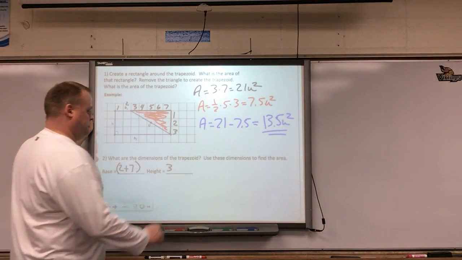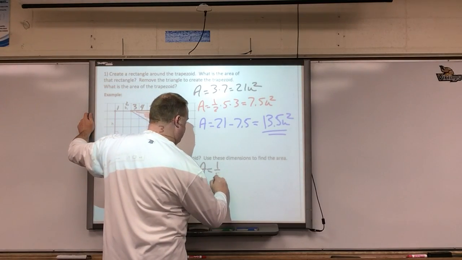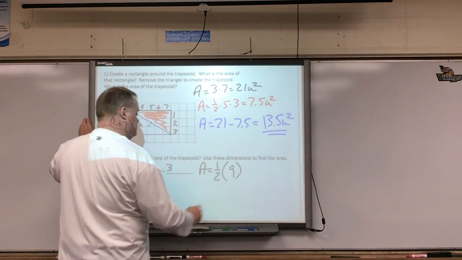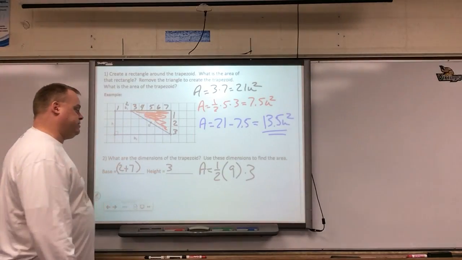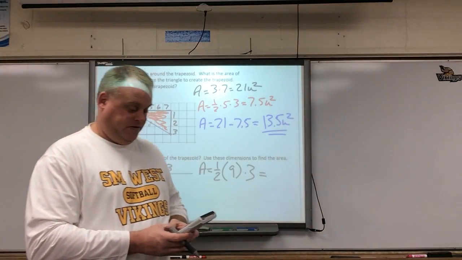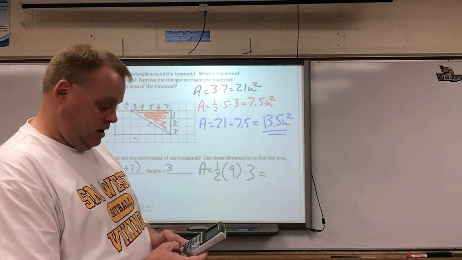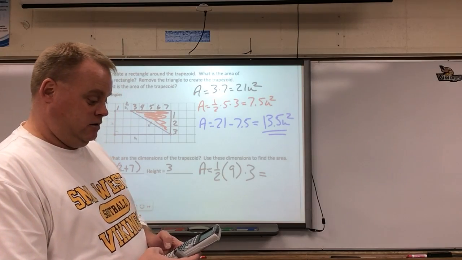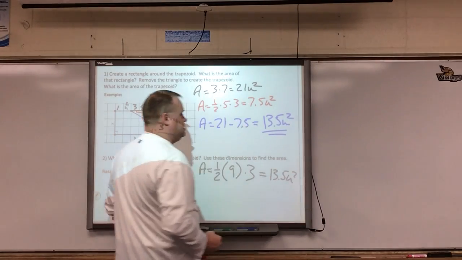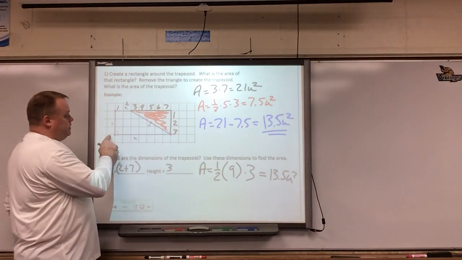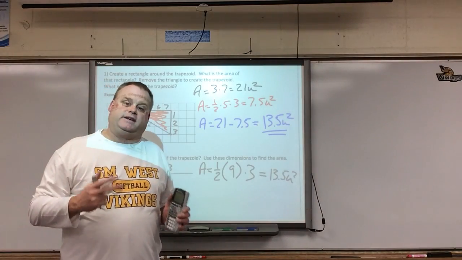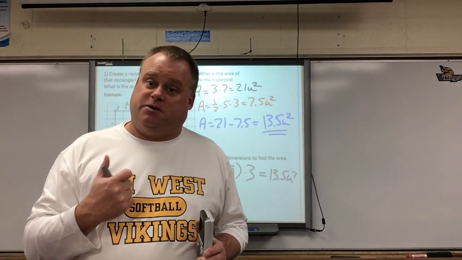Well, let's put it in. Area equals 1/2 times 2 plus 7 is 9 times 3. Put that in your calculator. See what you get. 0.5 times 9 times 3. Well, 13.5. Notice, when they are on nice, even vertical and horizontal planes here, we can just use the formula. That's one of the great things of being on the coordinate plane is we can just simply count at times,